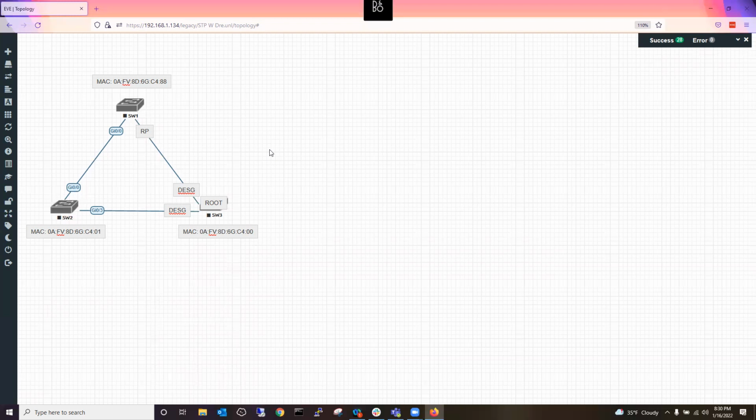So what about switch 2? Who's your root port? It would be 0.3. Why? Same thing. Lowest cost compared to the other option. It would be 8. Perfect. Cool. All right. So now we have to finally go ahead and identify our designated port between our switch